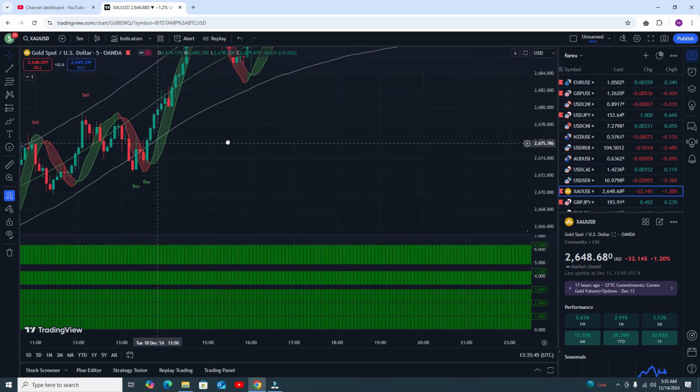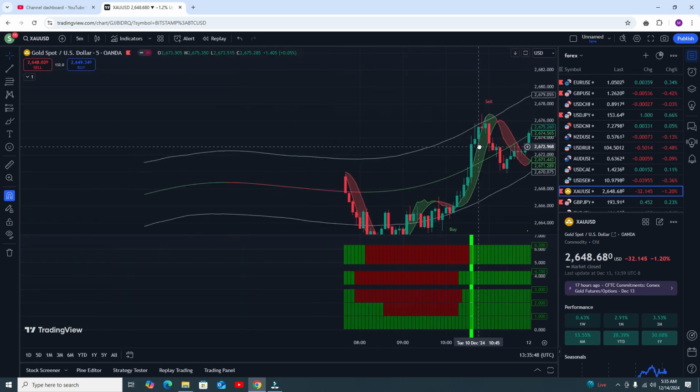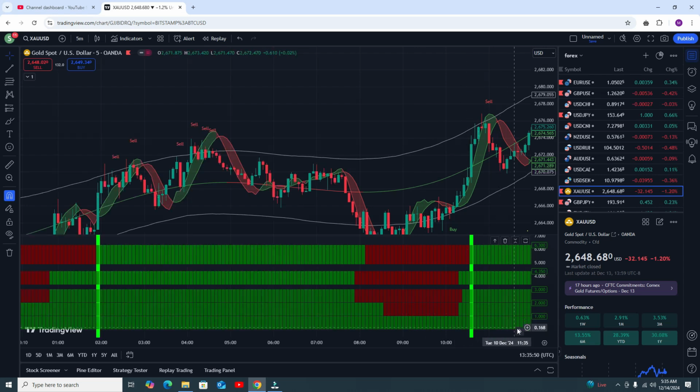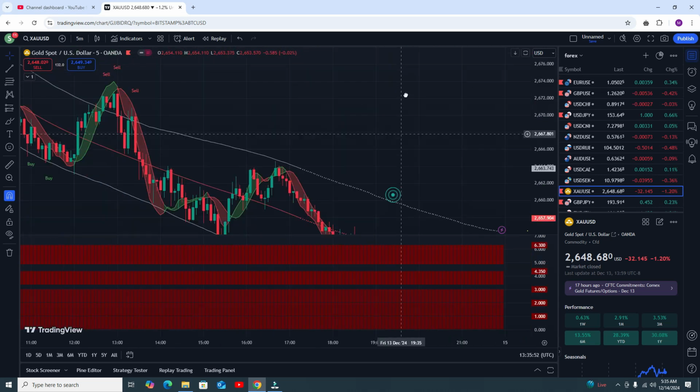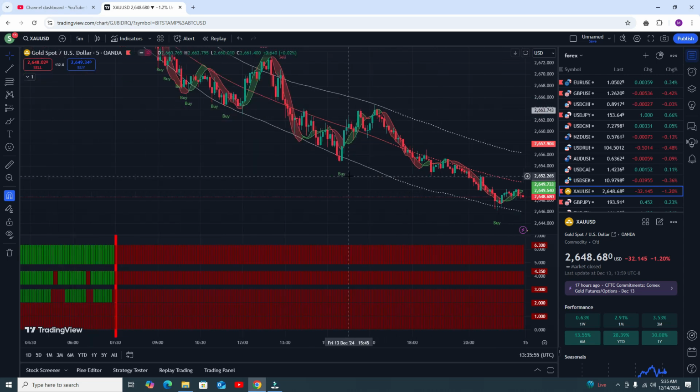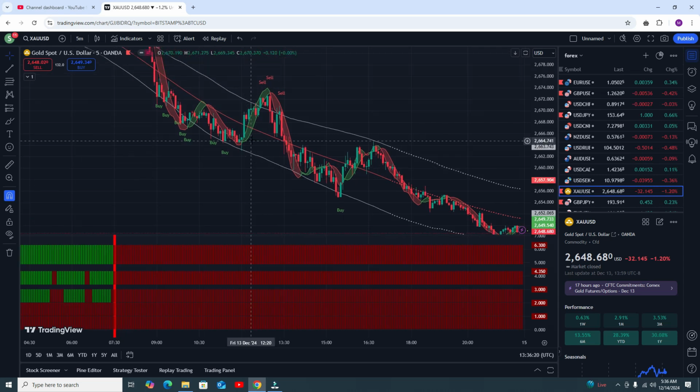Now let's see an example of a sell trade. The sell trade is the most recent one. Here is an example of a sell trade, showing you the results in the 5 minute time frame. You can use any time frame, and I will also show you a live demo, because most people are asking can you please show me the live result. So I will also show you the live result. Do not worry, just understand the strategy first.